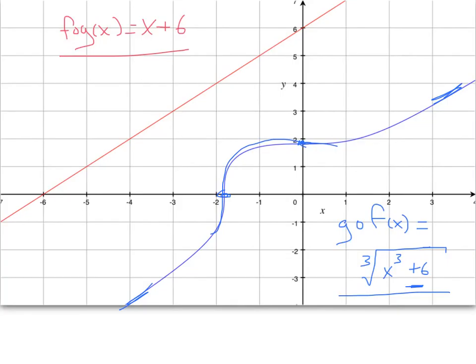So these things are not equal. Their graphs are not equal, and if we constructed a table, the table of values would certainly not be equal either. They're not equal. Therefore, the functions